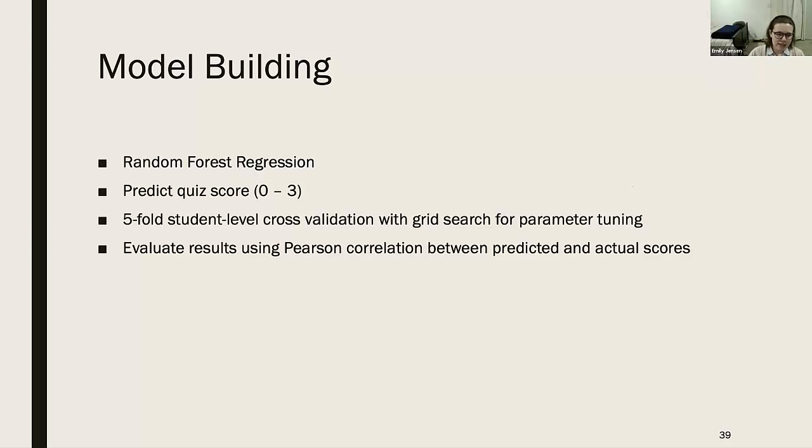into the training and testing folds, all of one particular student's data can be found either in the training or the testing fold so that we don't get any bleed over of their information. And we hope that this makes our models more generalizable as we apply them to other students as well. And so the results that I'll be presenting here are using the Pearson correlation between our predicted and actual scores. Just as a reminder, correlation goes from -1 to +1, where